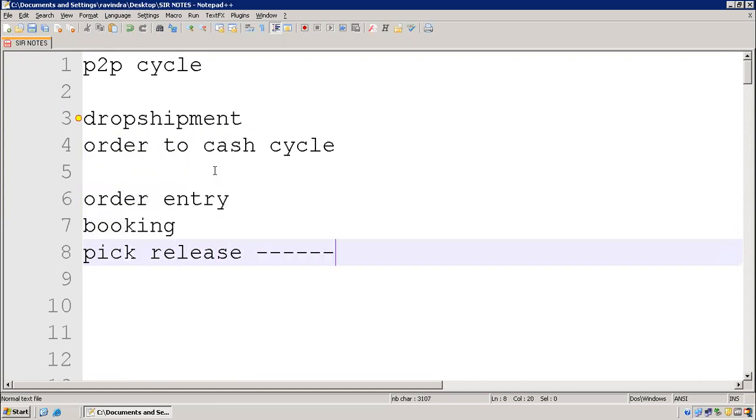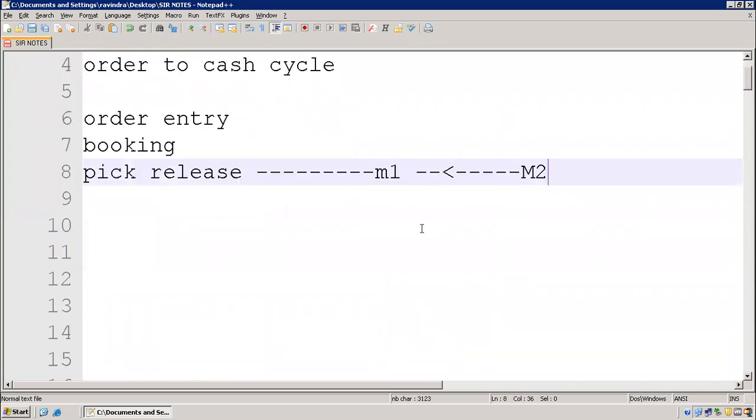At the time of picking items from warehouse M1, if you find some shortage, we can receive from other warehouse, that is M2, correct? If you don't find any stock in any warehouse, then we don't have a choice. Instead of losing the customer, we will ask the supplier to deliver goods to the customer directly.